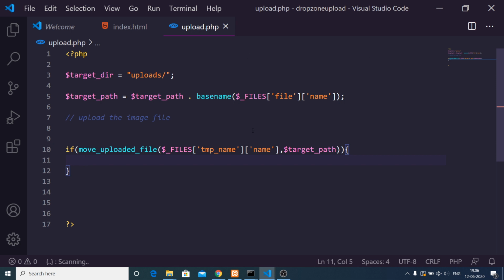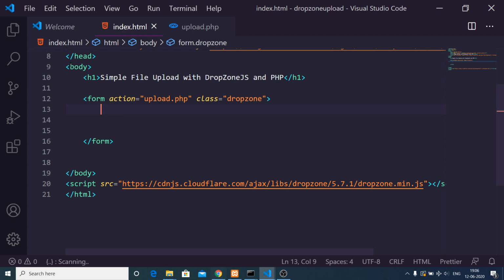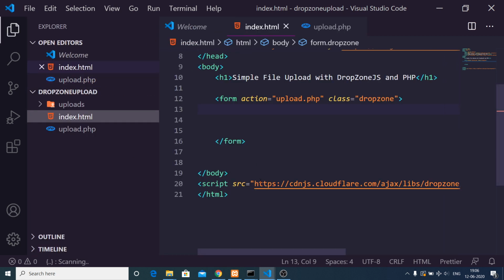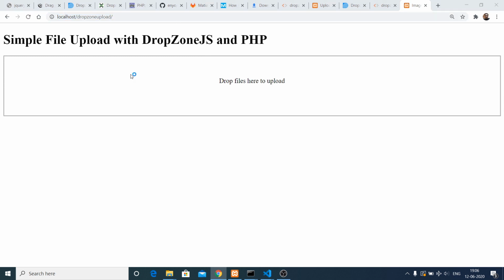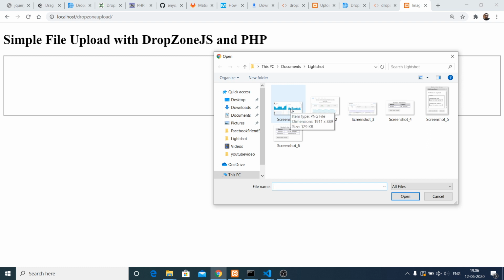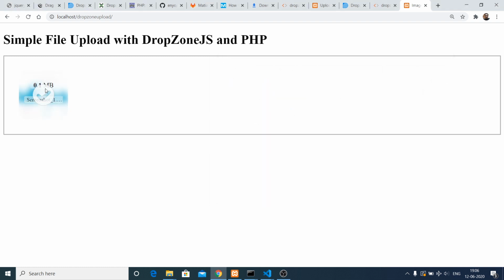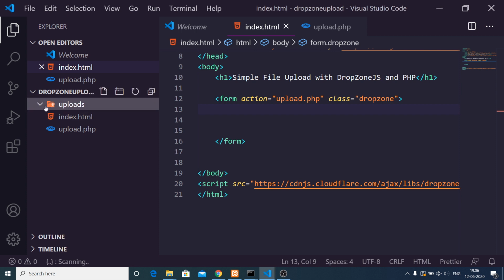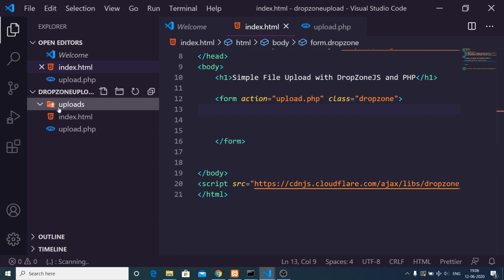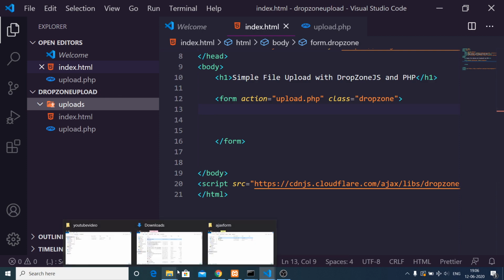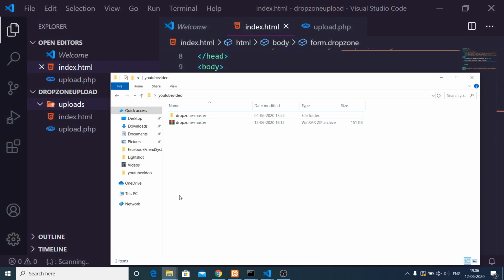This PHP script is complete now, so now we can just check it. So let me just execute the script here. So if I reload, if I click once again, if I select this, you can see that now it is not creating any sort of problem. This is a size 0 MB. This is the name of the file. So if I check inside the uploads folder, one image file will be uploaded. Let me just see. I think the image file is not uploaded.